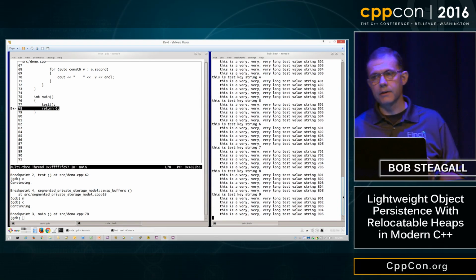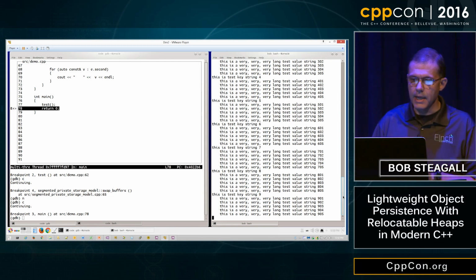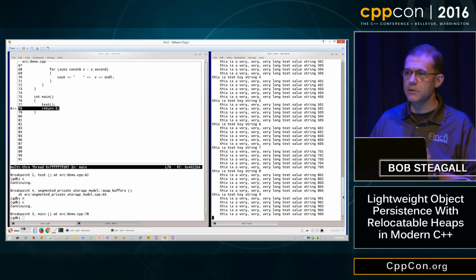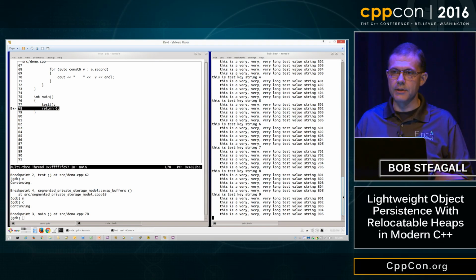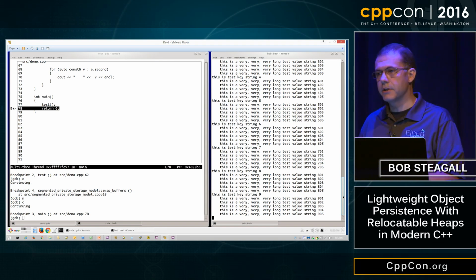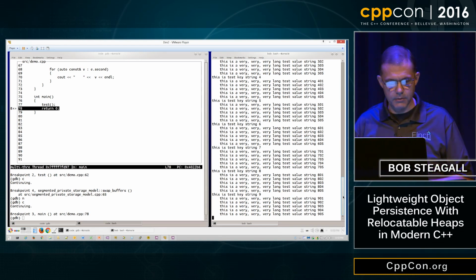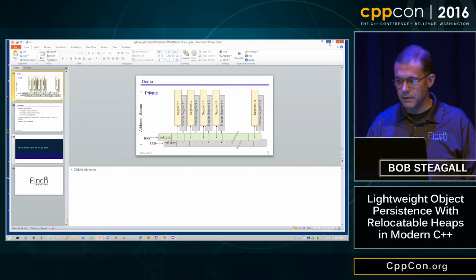So what I've done, in effect, is I've taken a heap, I've made a binary copy and relocated it to a different address inside the same process. And I've been able to preserve the class invariance and make things like strings, lists, and maps work. So if I can do this, I can also serialize the heap by copying those bytes, the bytes for each segment, to a file, and at some point in the future, duplicating the layout of memory with the backbone and the segments, and loading those bytes back into the segments, effectively providing a relocatable heap. All right, so that's it for the demo.